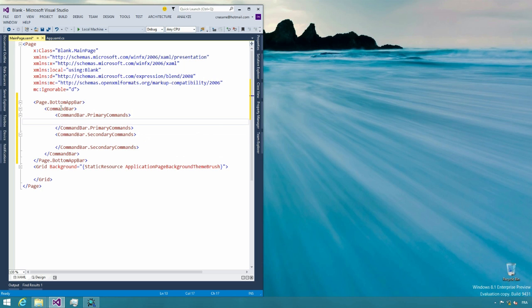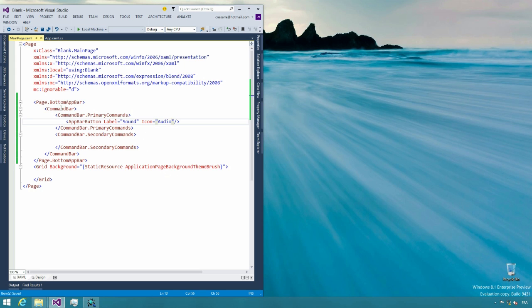Basically, we add what we call the app bar button. So it is an AppBarButton, and in the app bar button you can define the label, which is the text that will appear on the screen. Let's say Sound, and we can select primary command. I'm just a little bit too fast here. So with the Sound, finishing the app bar button element, I set the text that will appear below the command, and now when I need to define which glyph will appear on the screen, I have an Icon property that I set with a string, and the string is based on an enumeration,